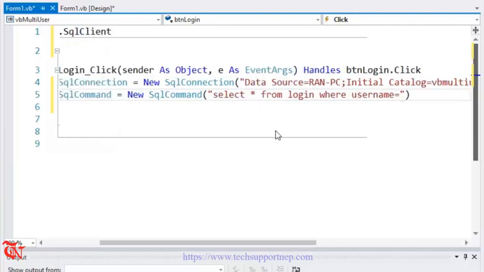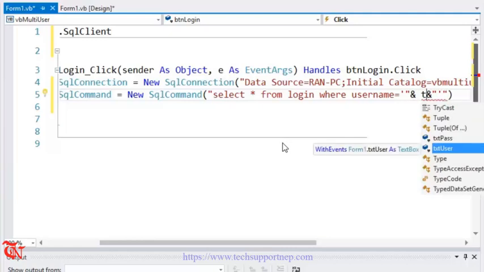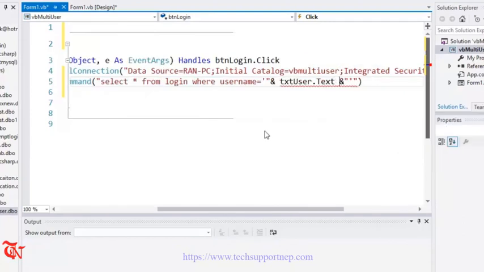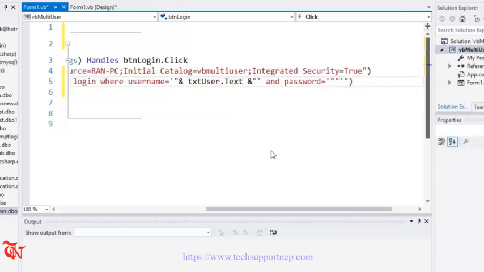username is equal to two single quotes, inside two single quotes, two double quotes, inside two double quotes, two ampersand sign, and here txt user dot text and one space, and similar process, and password is equal to two single quotes, inside two single quotes, two double quotes, two ampersand sign, and txt pass dot text,